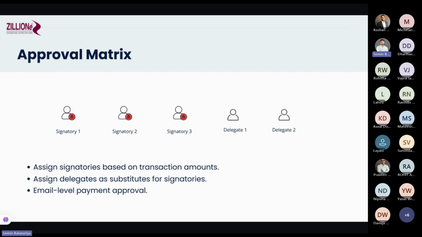And if at any point a signatory is not available, a delegate can substitute for these signatories as well. This entire approval matrix also works in an email flow. For example, I will show it in the demonstration in the video that I'm going to explain right after this. Once a payment has been posted from the ERP, it will directly go to the approver's email, where they can view the transactions that have been given to them, and then using an OTP,